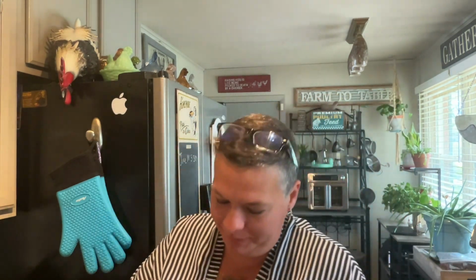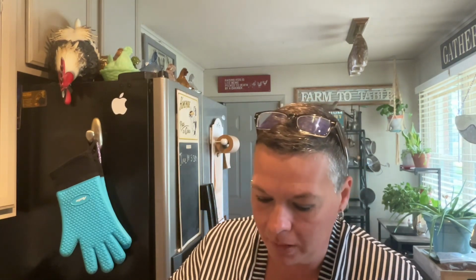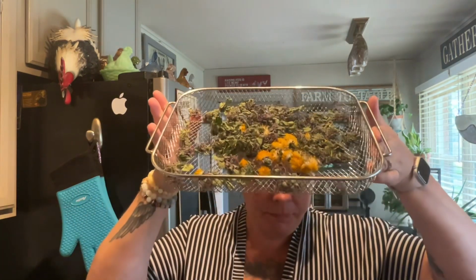And so now they are dehydrated. Here's the dandelion. Dandelion has so many uses, and I can't wait to talk about that. And here is the purple dead nettle. No, it's not marijuana. Or cannabis, or yeah, it kind of looks like it though. So now that this is dry,